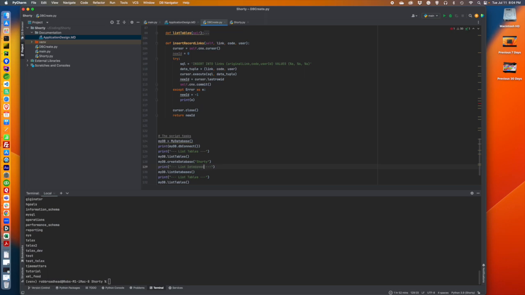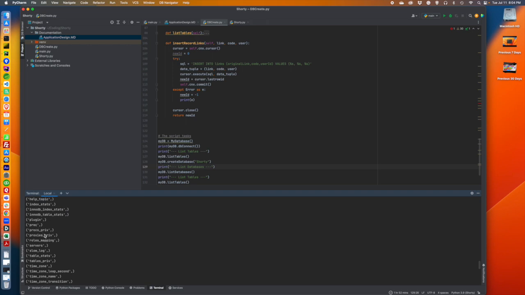Okay, so we'll do that. That gives us something to work with. Now there's some other things we could do. We might want to put it up in those functions, but for now we're just going to keep it simple. So if we run it now, let's go look at this. What we're going to see is, here we go. So we create it, we come in and we list tables, and we see initially these are